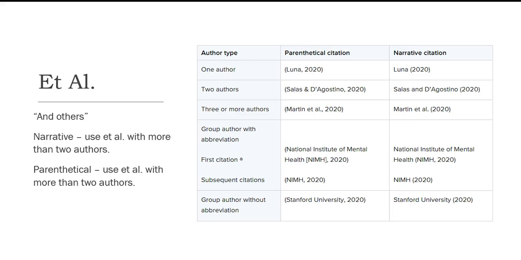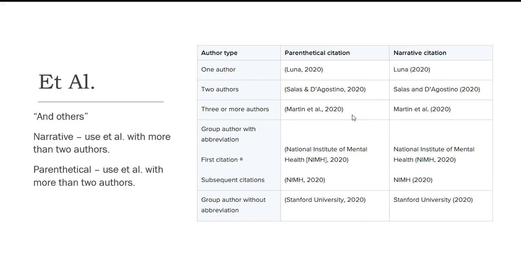But moving on, within the text of your papers, you'll follow these basic guidelines for referencing authors in your in-text citations. Essentially, whether it's narrative or parenthetical, within the text of your paper, you'll use et al. if there are more than two authors. How those appear in text is on the table to the right. Notice the use of the ampersand here and not here in the narrative citation.